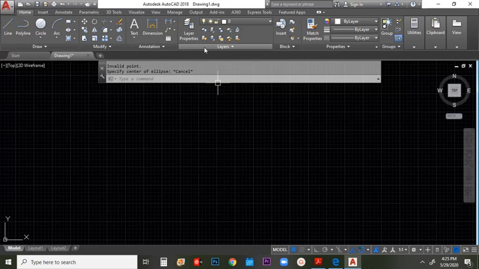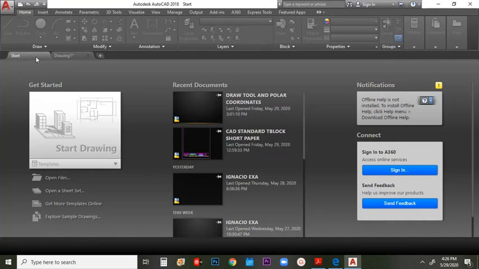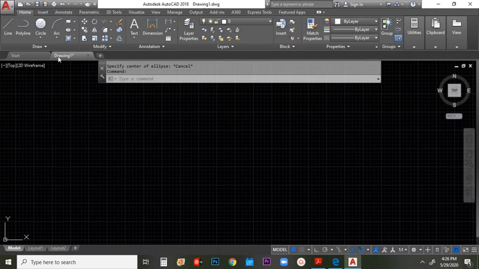Now, after annotation, you have here layers. Along with layers, you have the properties. This is the area wherein you edit the layers and properties of the line incorporated in your drawing. There's a separate discussion regarding the use of layers and properties. Next, right below the ribbons would be our Start tab. The Start tab is the same as the area wherein we started a new drawing. And next we have the File tab. The File tab indicates the existing workspace. So this is drawing 1.